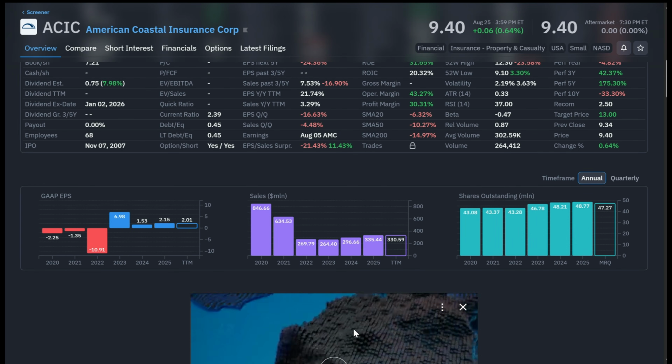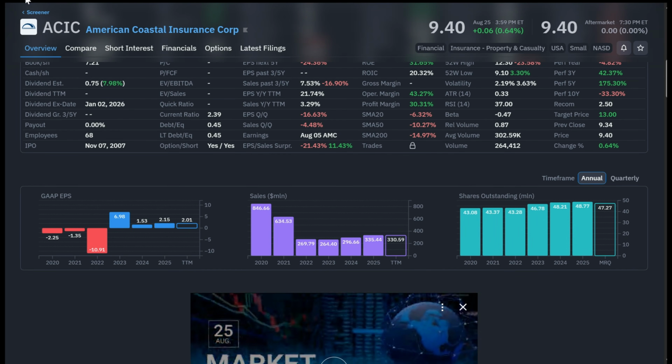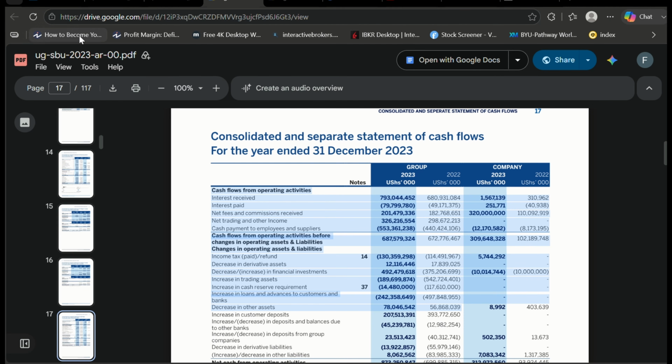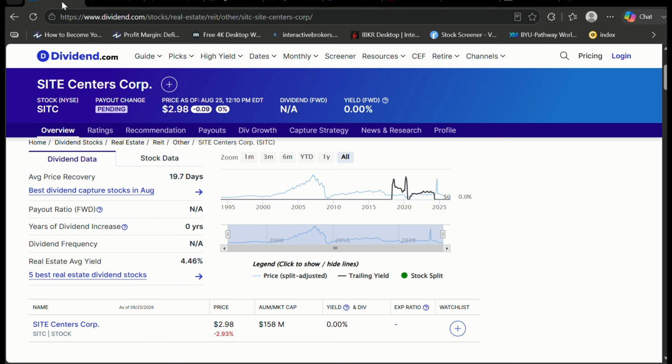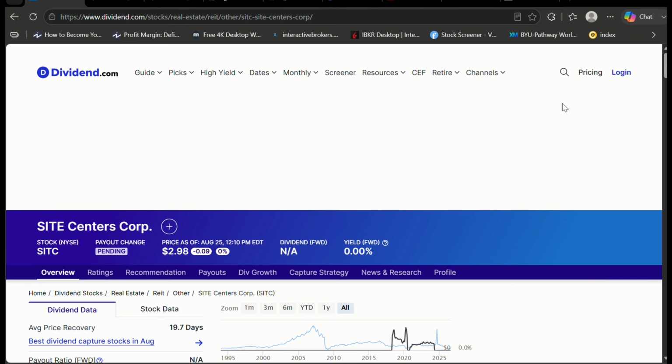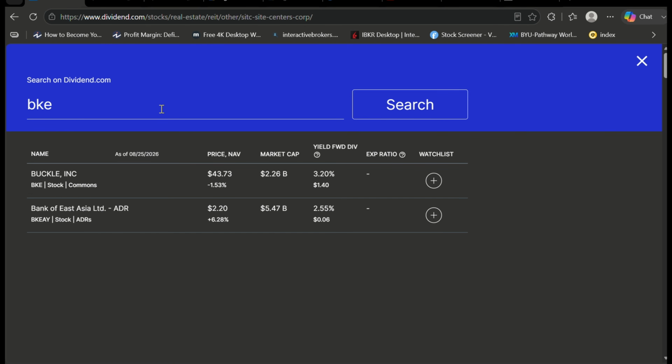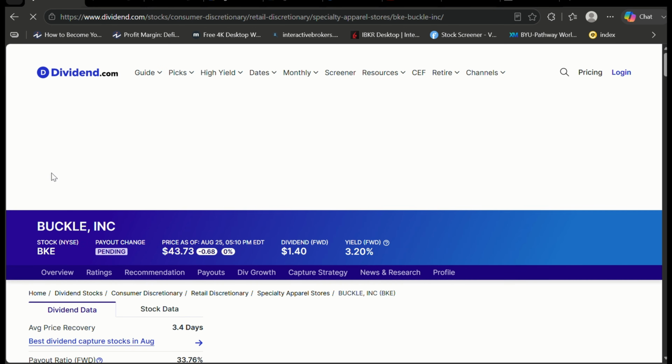So after, let's say I've gotten a company I'm interested in, let's say I put back on preparation, I'll immediately come to dividend.com. Sorry, I already had this organized before. Go to dividend.com. Let's say I want to check back home. It brings back home, shows me